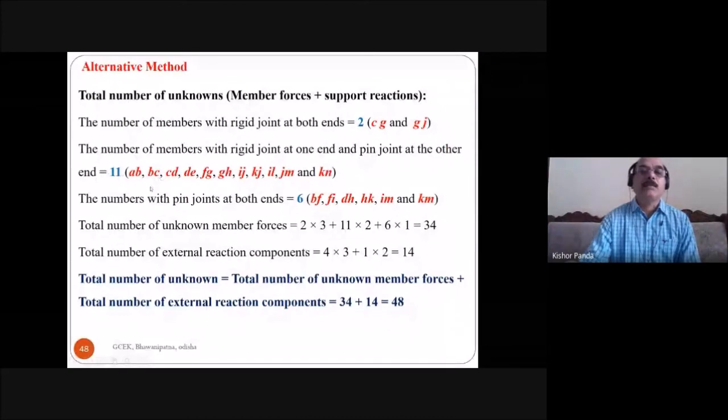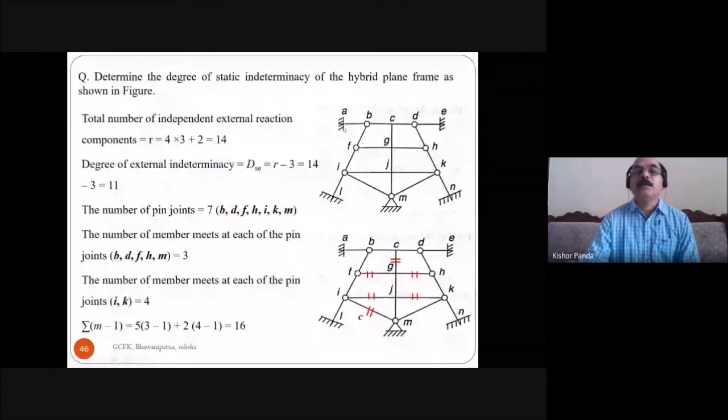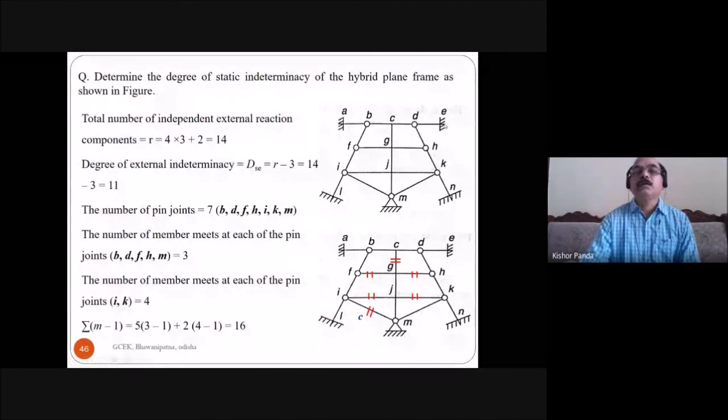This is 11 members. One end is rigid, the other one is a pin. Here you see this is rigid and this is pin. First, this is pin, this is rigid. Second, this is rigid, this is pin. Third, this is rigid, this is pin. Fourth,